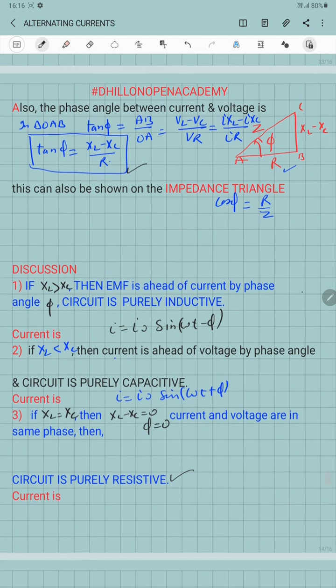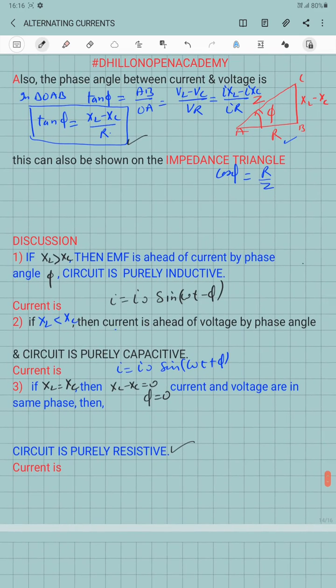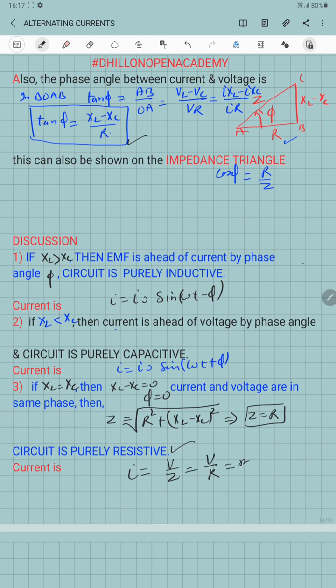And when the circuit becomes a resistive circuit, in this case the impedance of the circuit, we know that Z is equal to the square root of R square plus XL minus XC whole square. But if XL and XC are equal, the difference will be equal to 0. So Z becomes purely equal to R. So in this case, whatever resistance is offered to the current is only because of the ohmic resistance capital R present in the circuit. So the circuit is a resistive circuit in which the current flowing through the circuit will be I equal to V by Z, which will be equal to V by R, and